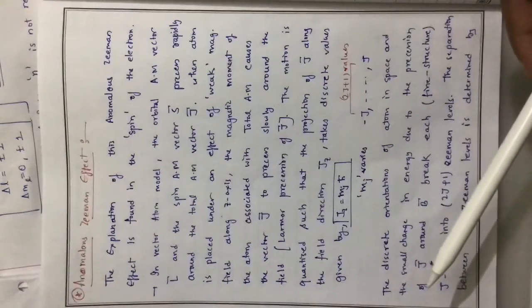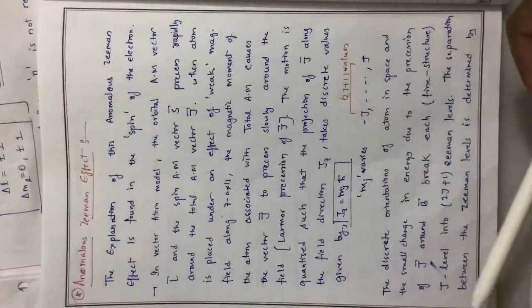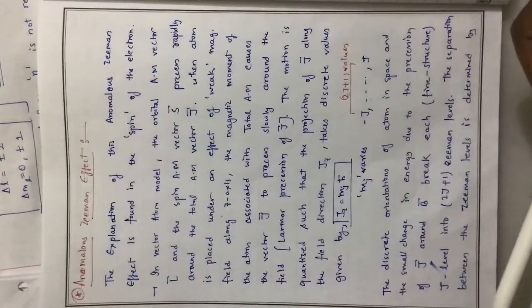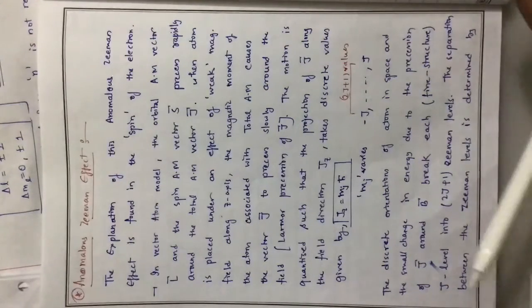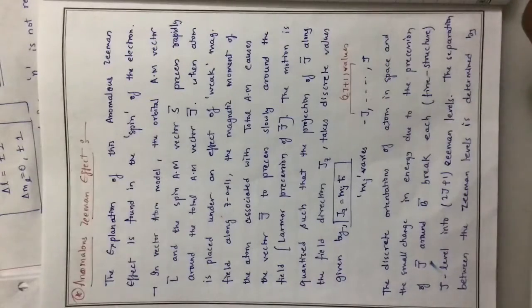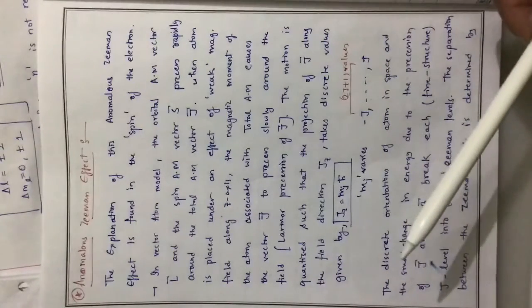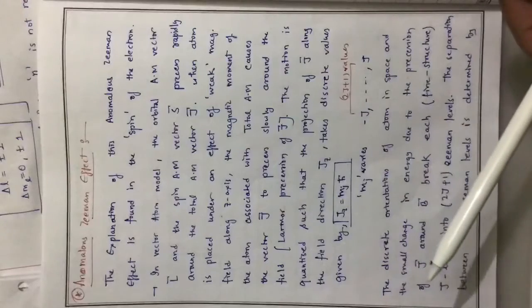Because of that torque, the magnetic moment changes its direction always, and that change is only in direction. There is no increase or decrease in the magnetic moment magnitude. Because of this change in the magnetic moment direction, L starts to precess around the external magnetic field